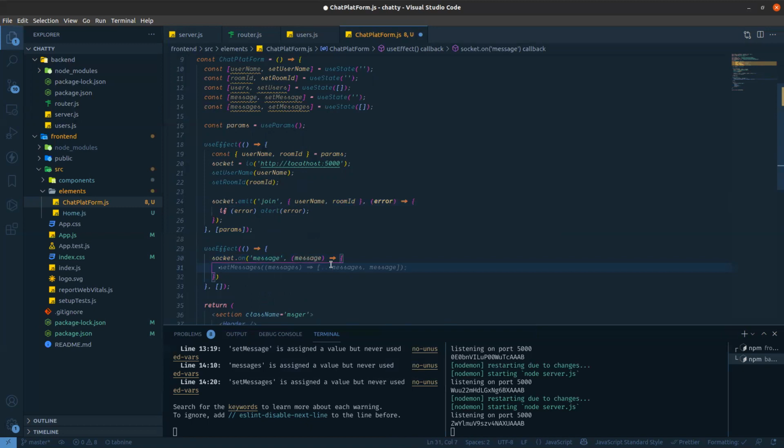When we get the message, we need to set the messages: we add that message to the previous messages array. Initially it is a blank array. When I get a new message, I add it to the existing messages array.